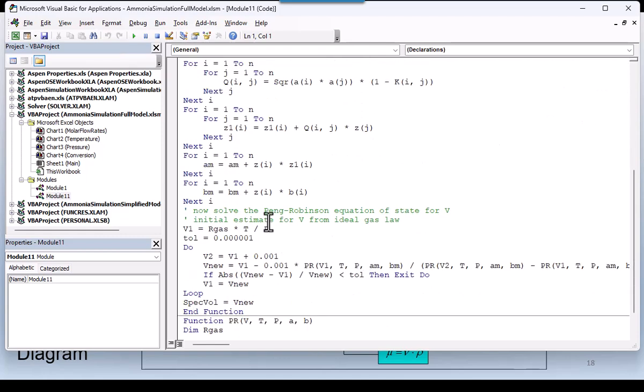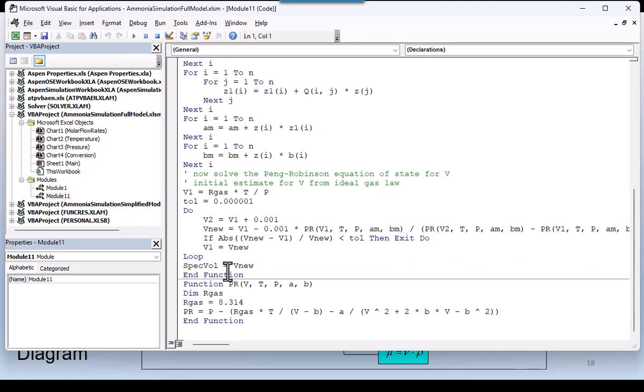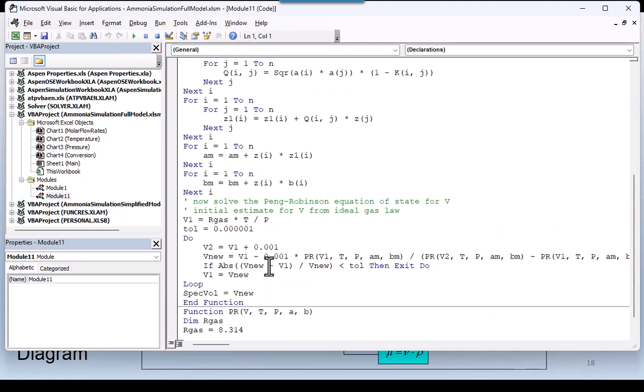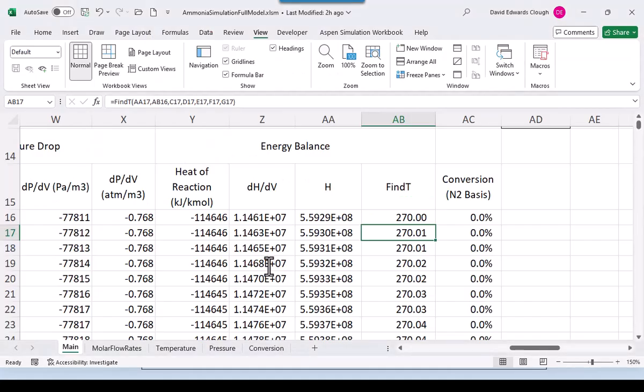And then what it does is it goes through, again, modified Newton's method or modified secant method in order to find the specific volume that satisfies the Peng-Robinson equation of state, which is down here, where we've got the pressure minus the right-hand side, which predicts the pressure, and so it modifies V until this goes to zero, and the Peng-Robinson equation of state is satisfied. So that's how that works, and it comes back here and